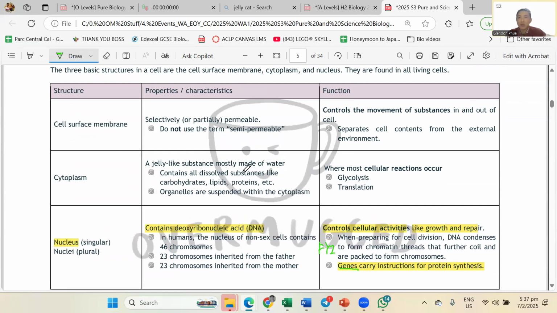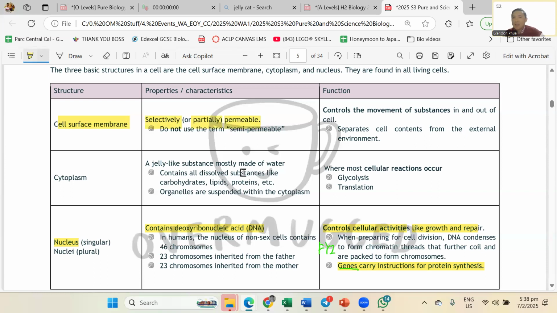So inside the Taylor Swift concert, if Taylor Swift is the nucleus, and I'm doing advertisements within my country, the cell will be America. The country now that's not so great because of Trump. But long story short, America has a border to protect itself. So what is the border of the cell? That is the cell surface membrane. And you have to say the word selectively or partially permeable. Why? Look at Trump right now. To him, some people can enter.